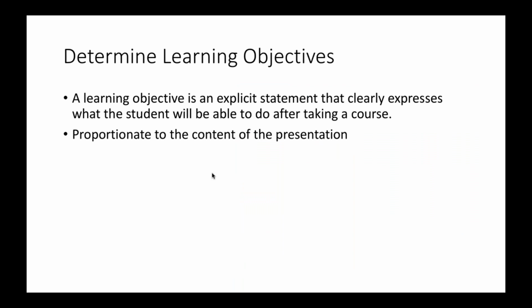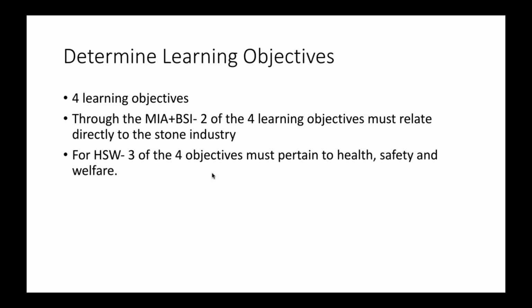The first thing that you want to do is to determine your learning objectives. And a learning objective is a statement that clearly expresses what the student will be able to do after taking this course. And those learning objectives should be proportionate to the content of the presentation. So there's 4 learning objectives, so you're basically breaking down your presentation into 4 sections and then writing a statement